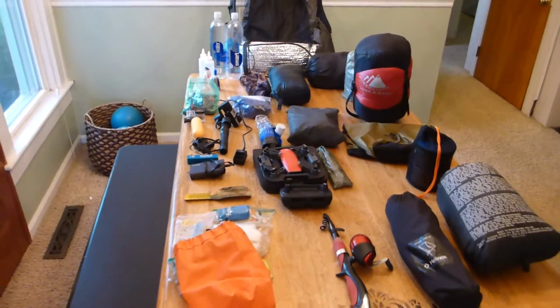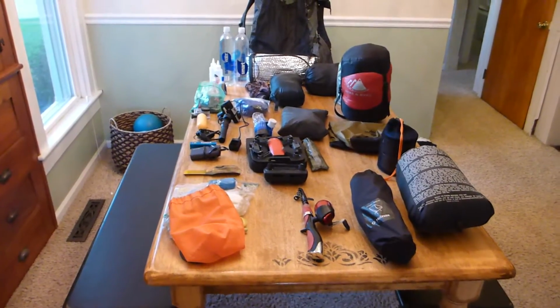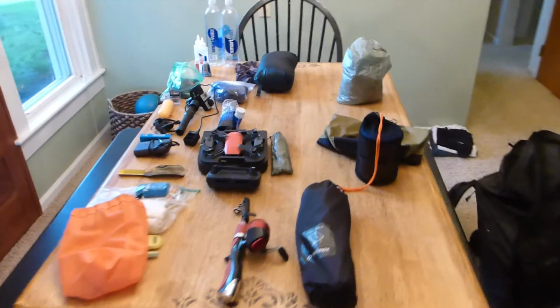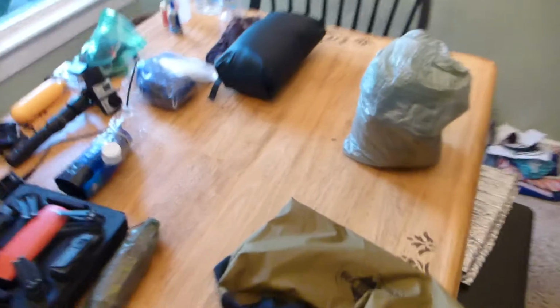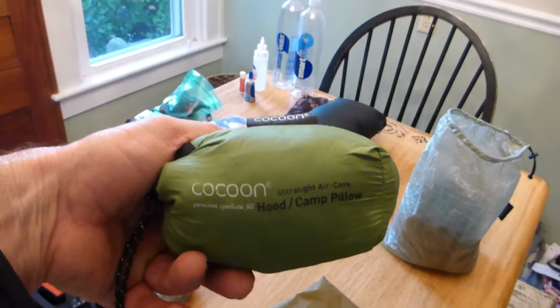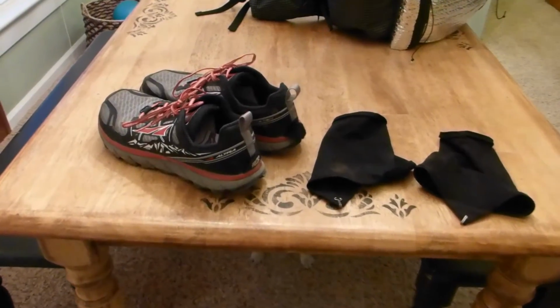We're going to get it all bundled up and get a total weight here. I'll get you a base weight and a total weight. One small piece of gear that I almost forgot inside my Z-Packs tarp bag is my Cocoon camp pillow. 2 pieces of gear that I left out